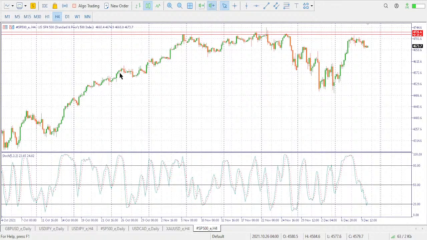I want us to start off with the chart on our screen. This is the SP 500. So on this chart, basically,